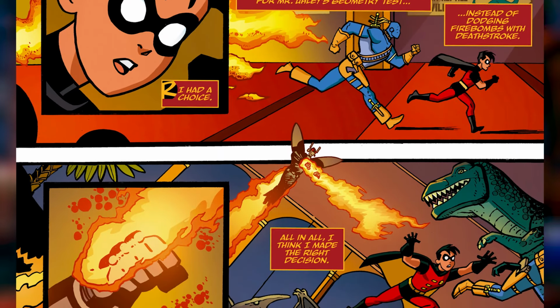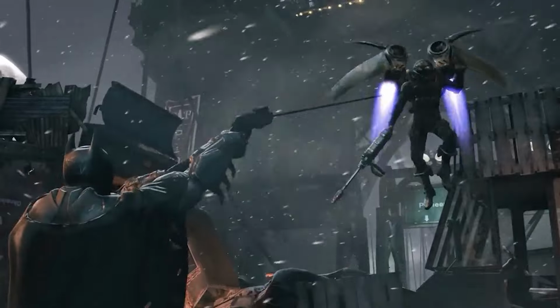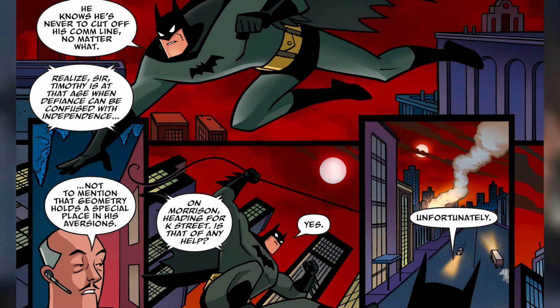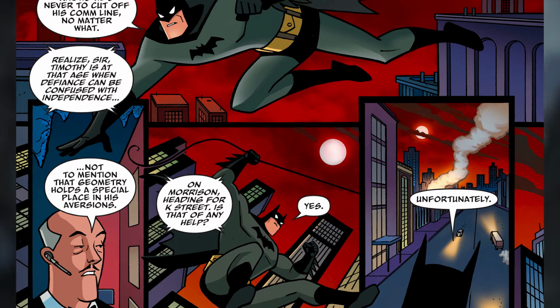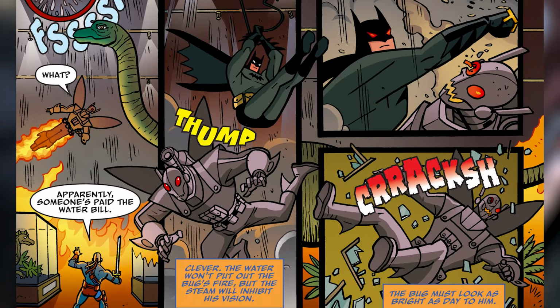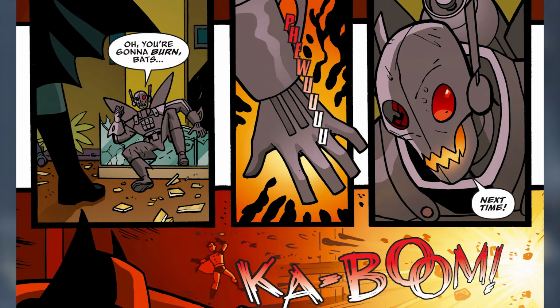But now on to Mentors Part 3, which opens up to Robin and Deathstroke attempting to escape the wrath of Firefly, which is a sentence I never thought I'd ever use, because it's Firefly against two literal fighting masters. But anyways, Alfred notifies Batman that Robin hadn't made it back home, to which he manages to track his location and take down Firefly with the help of Deathstroke, and somehow manages to escape in a way I'm not sure